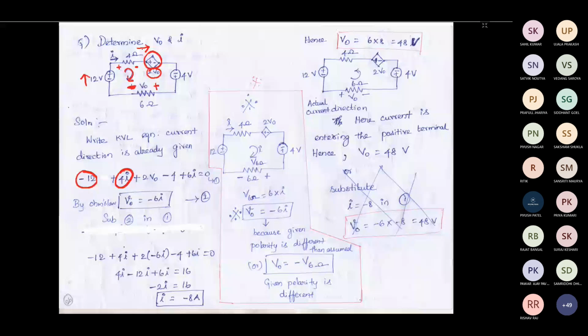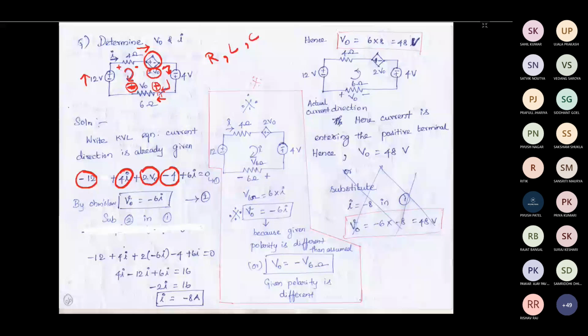Then for the resistor, the current is going to enter the positive terminal of my 6 ohm resistor, because I have assumed the polarity like this, since the current is entering like this. For this resistor, I have assumed the polarity as plus here and minus here, because for my assumed current direction, the current is flowing in this way. So wherever current is entering, I should consider it as positive for a resistor, inductor and capacitor. Here it is a resistor, so I have considered it as positive polarity.